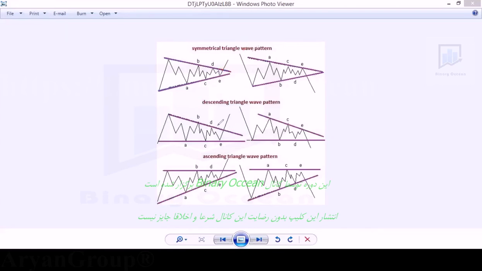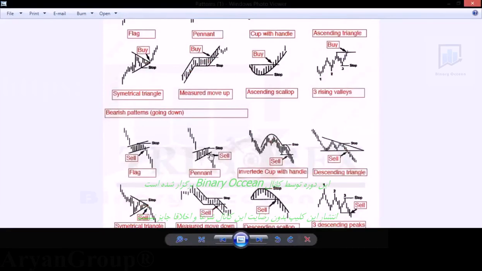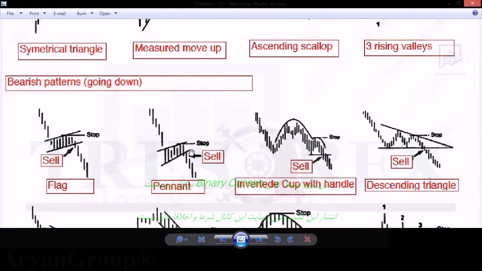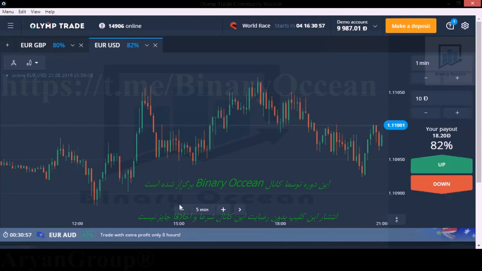And here also, after a breakout, you can't trade directly, because mostly the breakouts are fake breakouts. So you can't enter into the market. After the breakout, you need to wait for the market to come again to this level. If the market reverses again from the same level, then you can enter into the market. And I will show you how to apply these patterns in Forex.